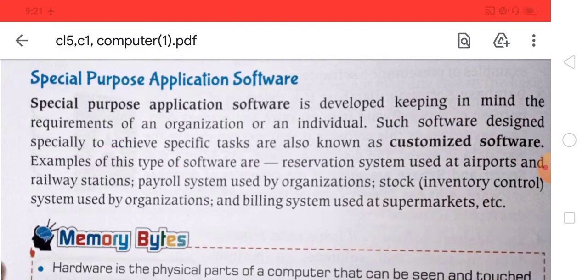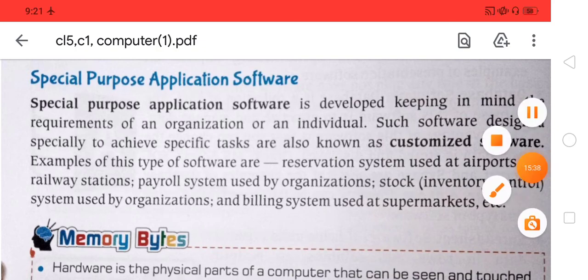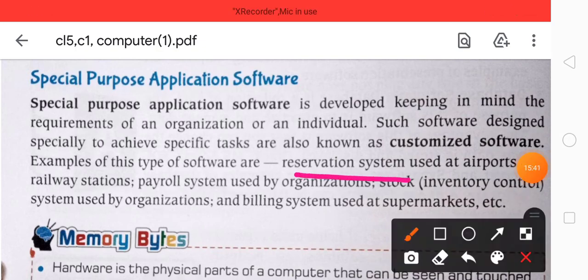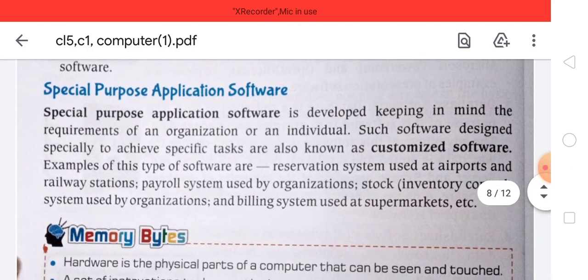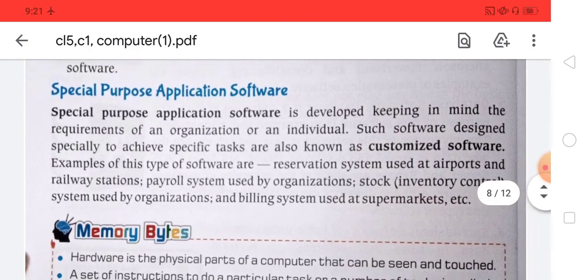Some examples are the reservation system used in airports and railway stations, the payroll system used in organizations, the stock and inventory control system used in various organizations, and the billing system in supermarkets.